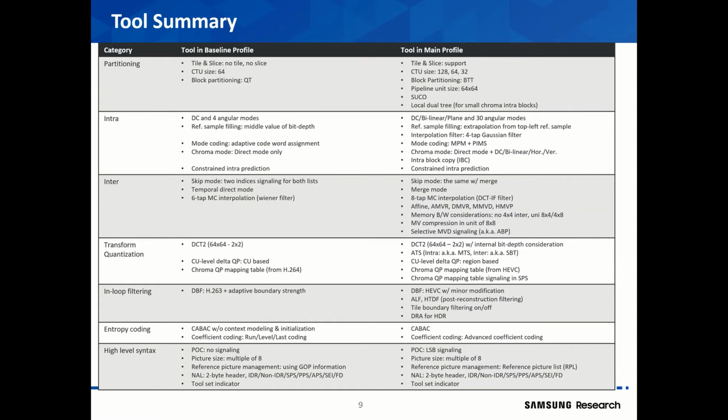Transform uses DCT as a core transform for blocks equal to the coding block size. It means that sizes from 64 by 64 to 4 by 4 are the basis for the transform. After transform, scalar quantization is applied to the transformed coefficients. The range of the quantization parameter is from 0 to 51, and the scaling factor corresponding to each QP is defined